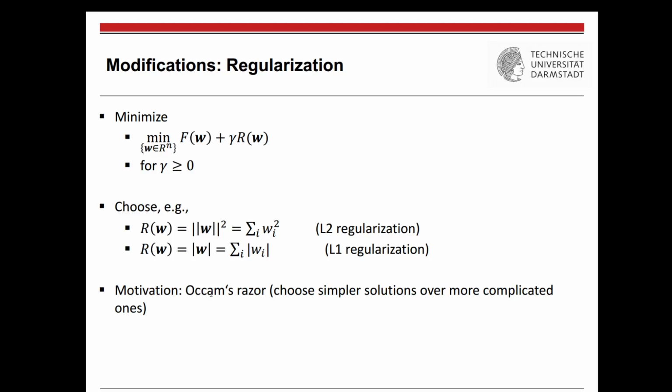If you have a proof of a theorem that takes 2 lines, and another person has a proof that takes 10 pages, then every mathematician would prefer the proof that has just 2 lines. But more generally, a little bit outside of mathematics, what is the motivation of Occam's razor to choose simpler solutions